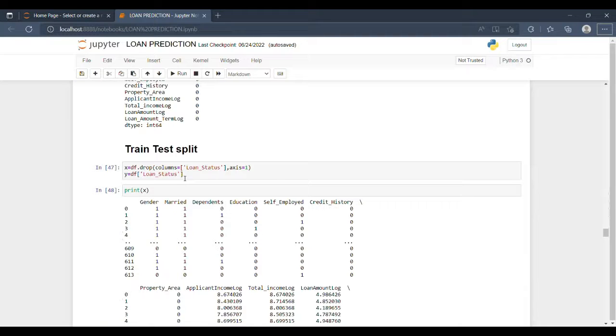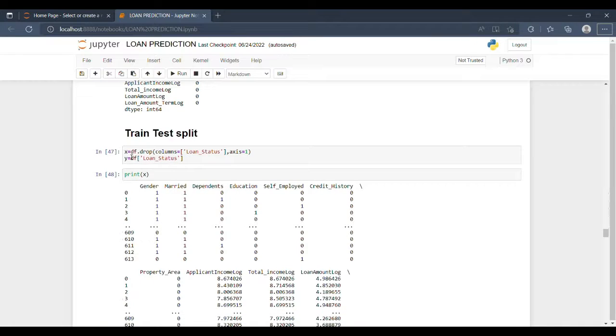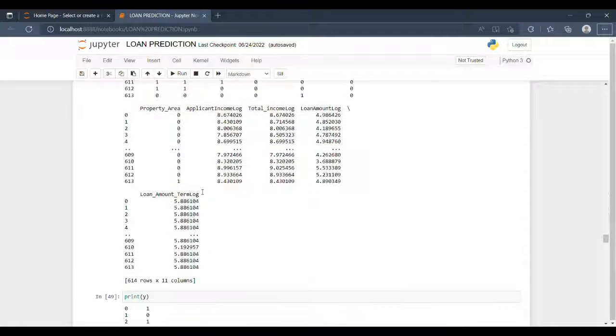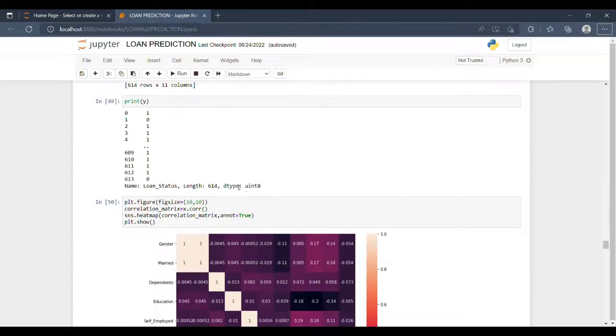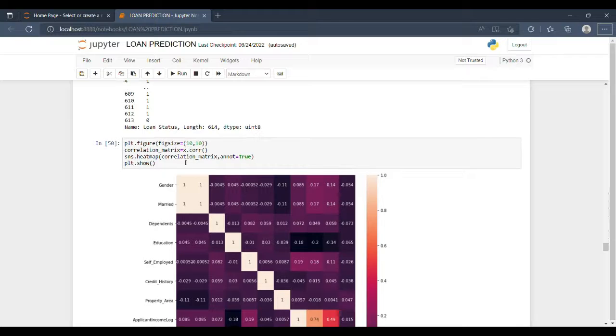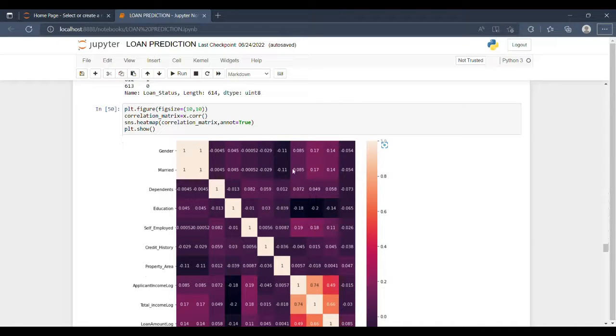It will be the target column. We have to get this target, so we have converted it into X and Y form. Print Y. Now we can see the correlation matrix, showing how one column is dependent on another column. So we have made the correlation matrix for the same,